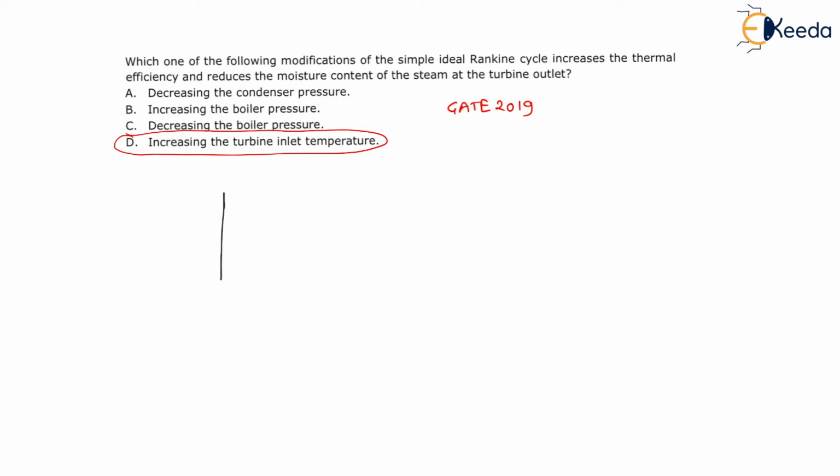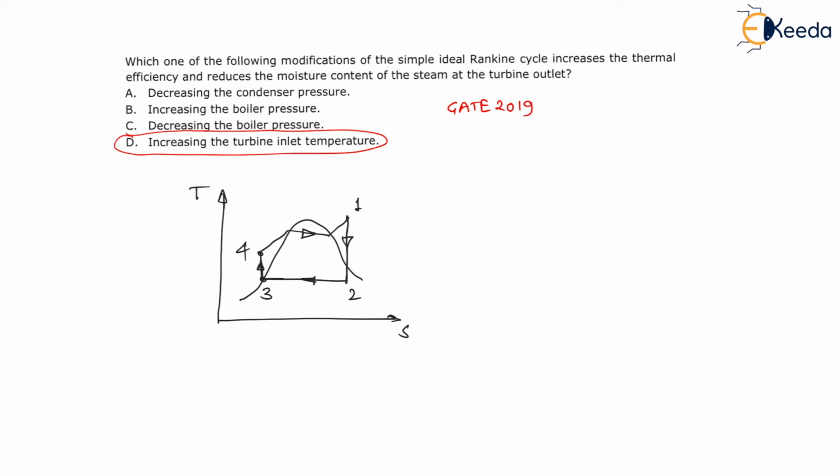Let us say there is a Rankine cycle. Now my dear students, in case of Rankine cycle, if I draw the temperature versus entropy diagram, there will be a liquid vapor dome. The very first process is turbine expansion, that is 1 to 2, reversible adiabatic expansion in turbine. Now 2 to 3 is constant pressure heat rejection in condenser. 3 to 4 is a pump, reversible adiabatic pumping. Now 4 to 1 is constant pressure heat supply in boiler.